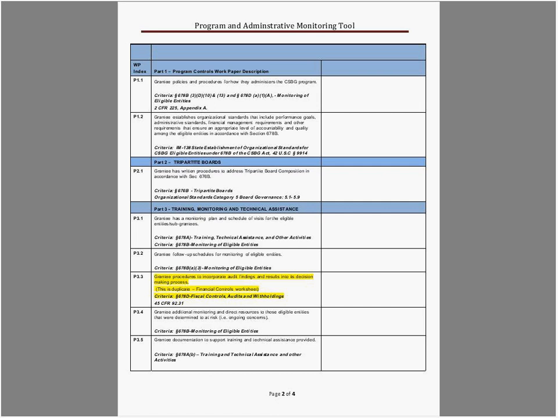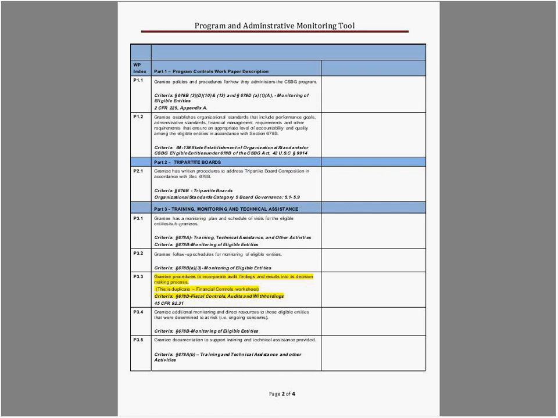Yep. Okay. All right, Part 2 is the tripartite board, and those are written procedures that address the tripartite board composition, in accordance with Section 676B, Org Standards, Category 5, Governance. Part 3 is the section pertaining to training, monitoring, and technical assistance, and the elements that the program monitor looks for.